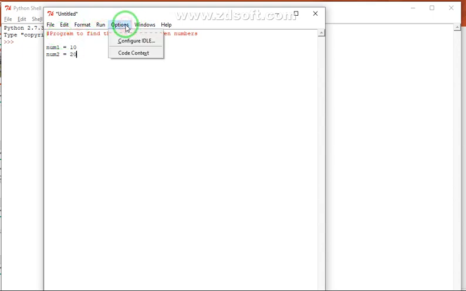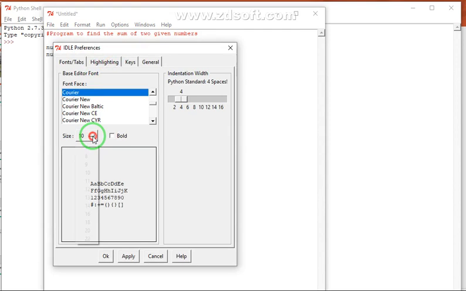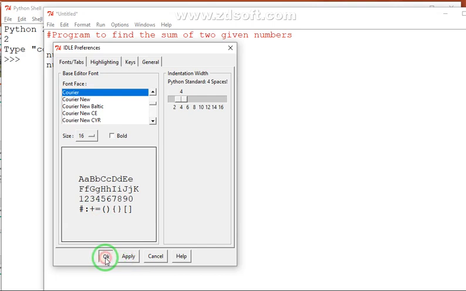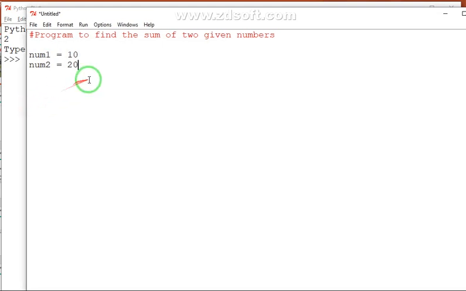Go to this option and let's configure IDLE, and let's say I want to keep its size as 16. Apply and click OK, just to have greater visibility. Okay, then moving next, let's say I use another variable, result.